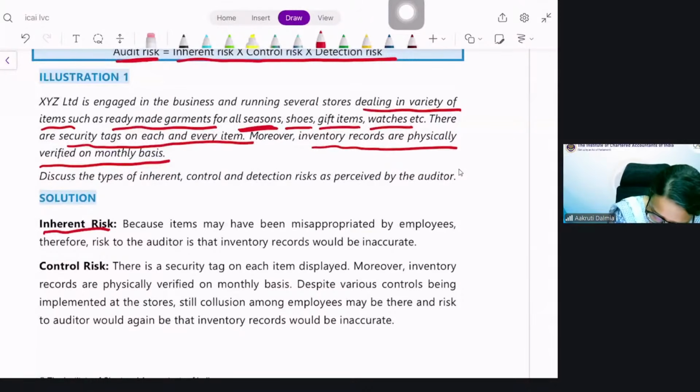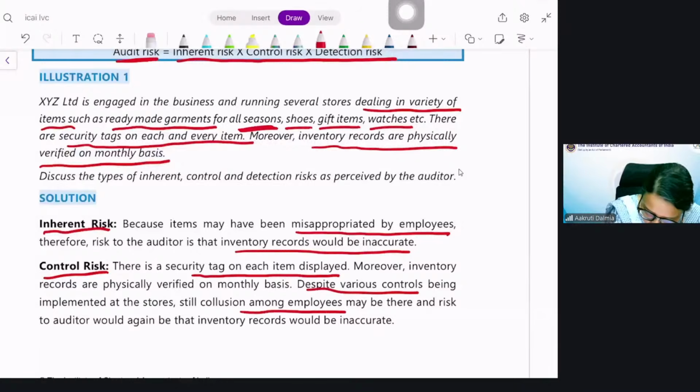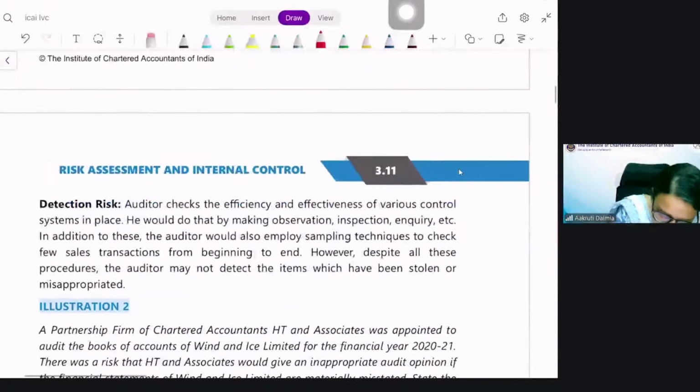Inherent risk, because items can be misappropriated by employees. Therefore, risk of the auditor is that inventory records can be inaccurate. Control risk can be that each security tag is displayed. Moreover, inventories are properly verified. Despite various controls, still collusion amongst the employees may happen, and risk can be that inventory records may be inaccurate. Detection risk,